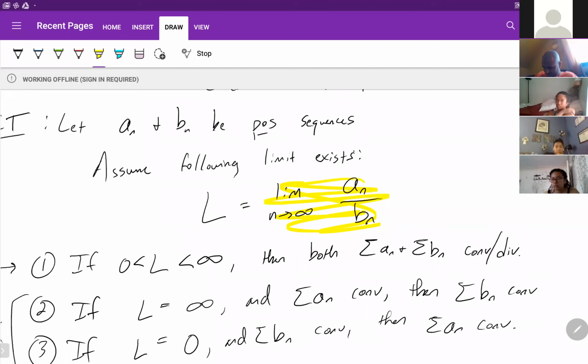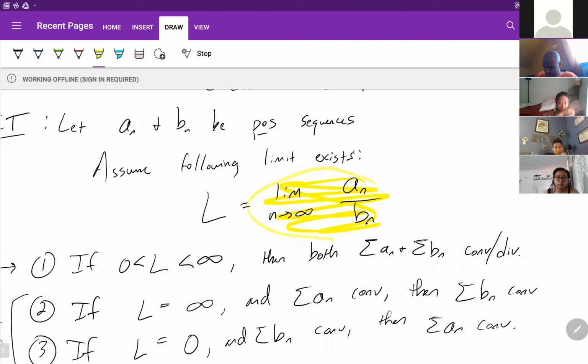Can anyone tell me, for the first one, what I just highlighted right here? We're taking the limit of what we know and what we don't know. Ooh, wow! Who said that? I said that, Ali. That was very good. And you notice in the definition they gave us, they're not telling us explicitly which one is the one that we know and which one is the one that we don't.